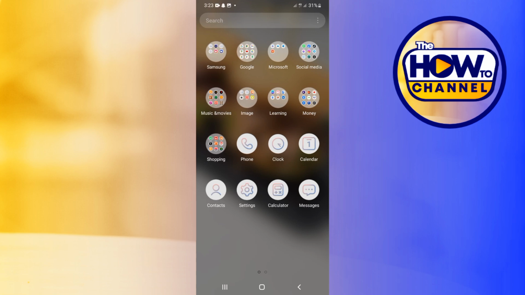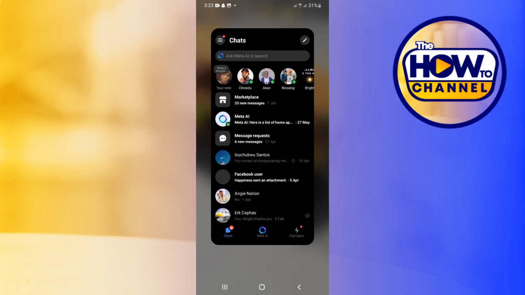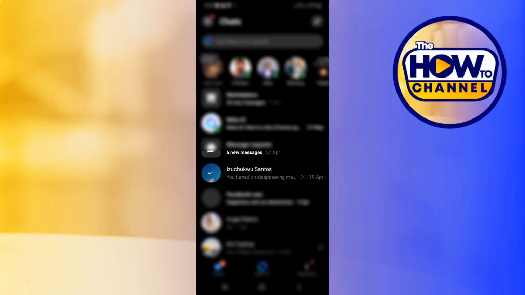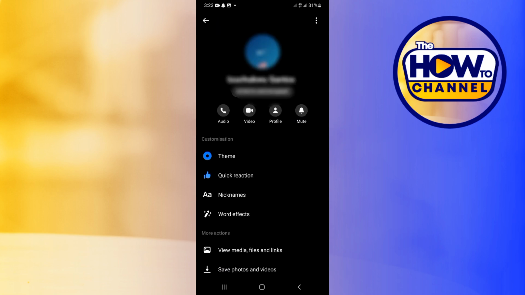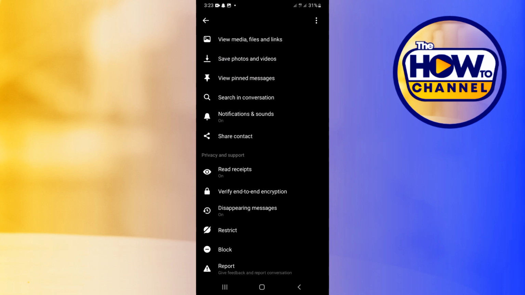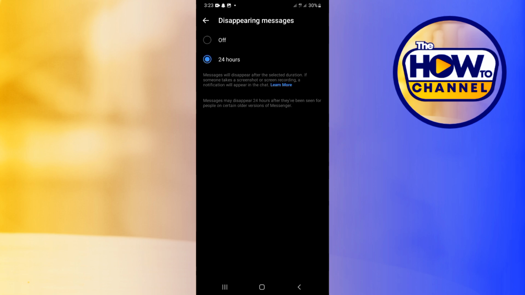Now guys, to turn this off, because you can actually lose messages through this, you want to head over to your Messenger, and guys, you're going to be tapping on that particular friend that the disappearing message is turned on, and you'll be tapping on their name at the top, and then scroll over guys to where you see disappearing messages. Now I'm going to just be tapping on disappearing messages, and as you can see guys, this is turned